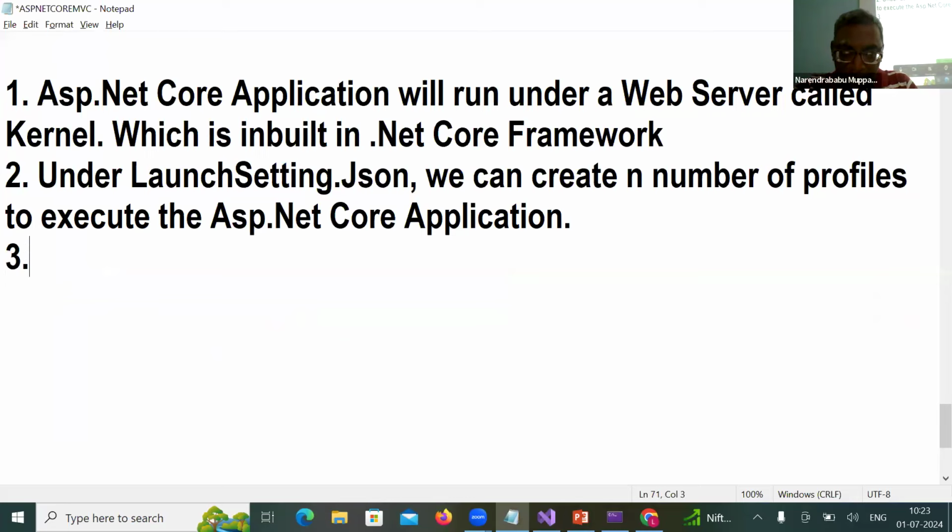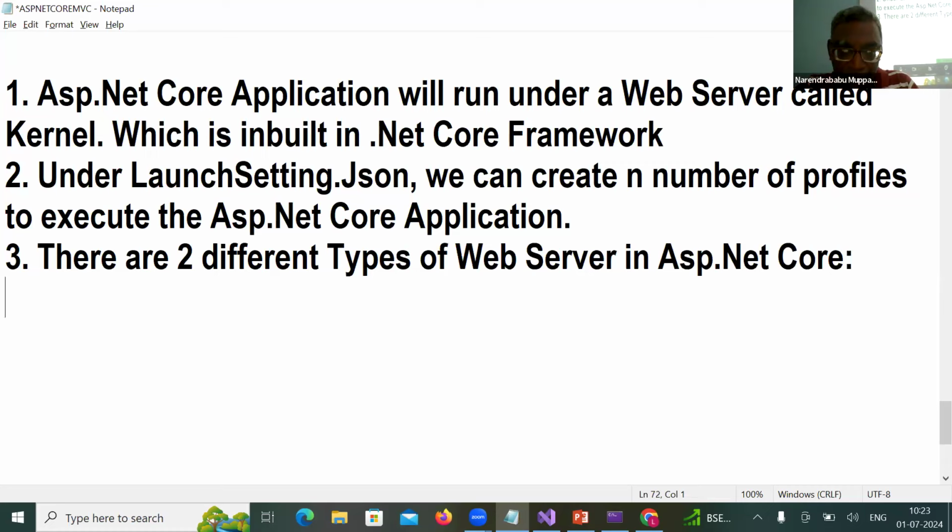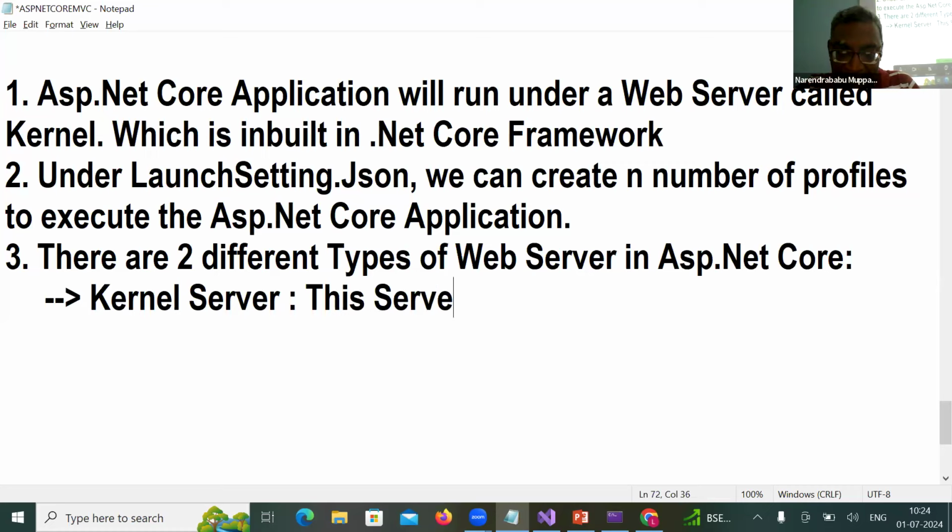There are two different types of web servers in ASP.NET Core. First one is kernel server. What is kernel server? This server is inbuilt in the .NET Core application,